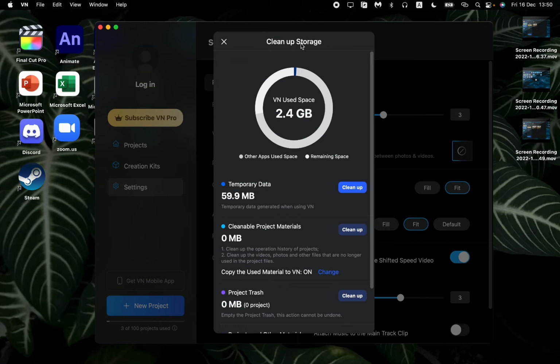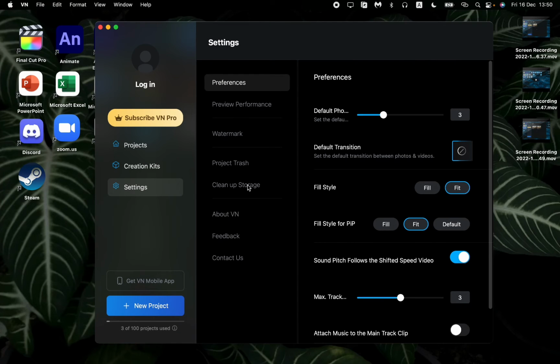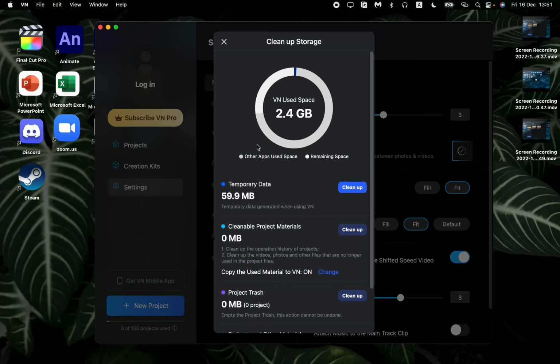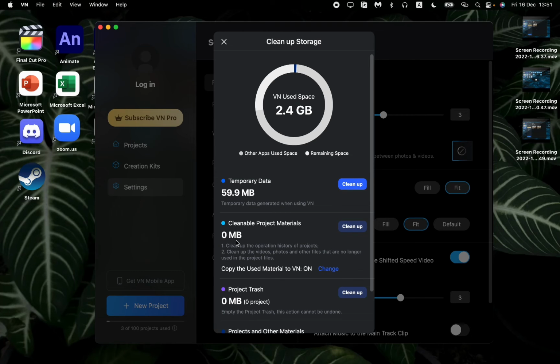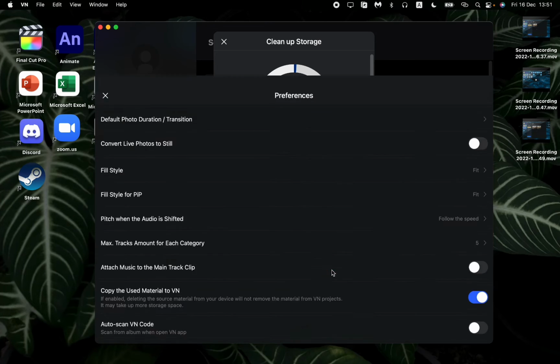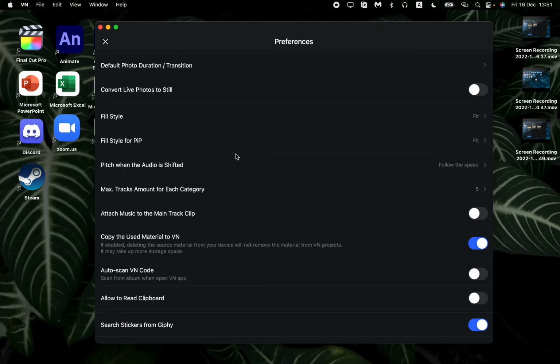It will not be that easy as if we try to delete some files or something like this. But I found this solution. So all we need is just to go to clean up storage like this, and then click on cleanable project materials and find the button change right up here. So we will open the preferences of these settings, and then all we need is just to turn off the main setting, copy the used material to the end